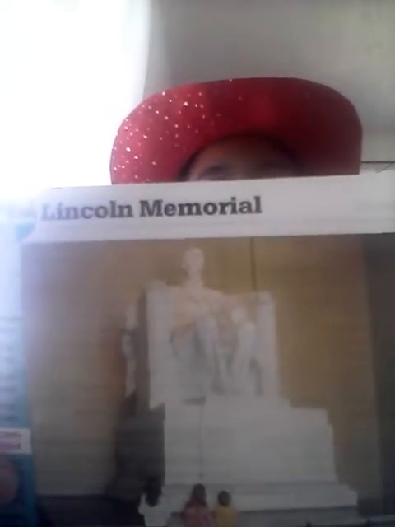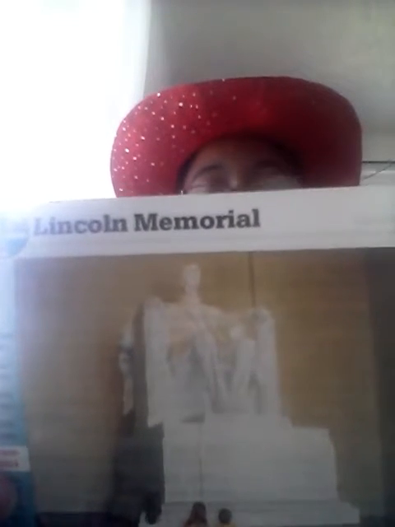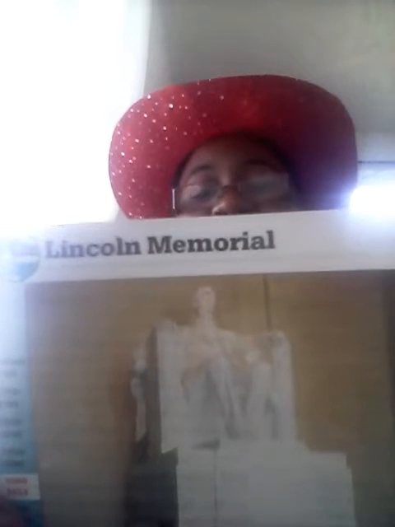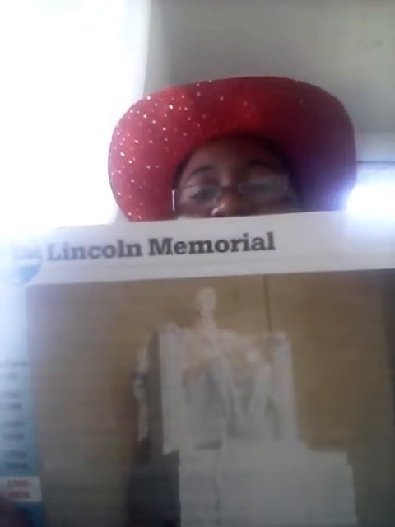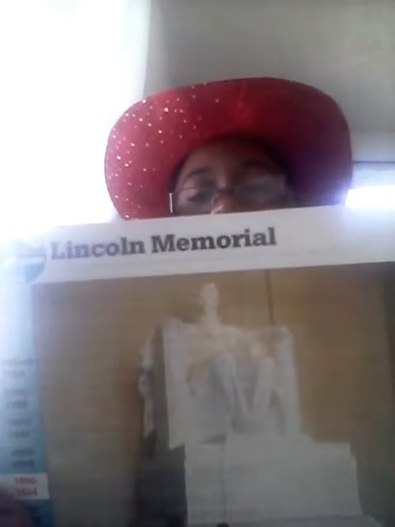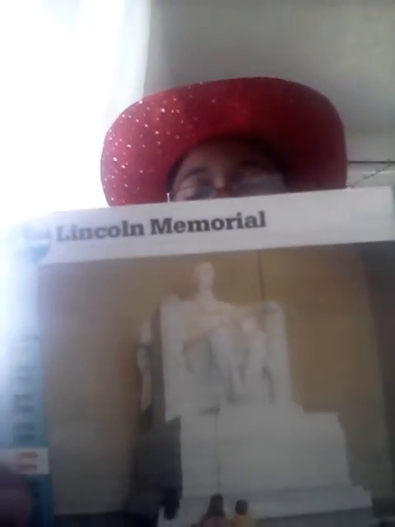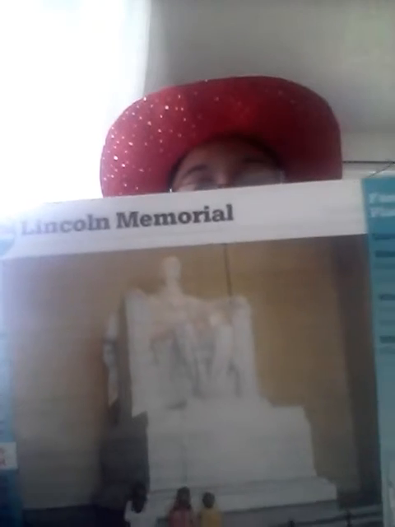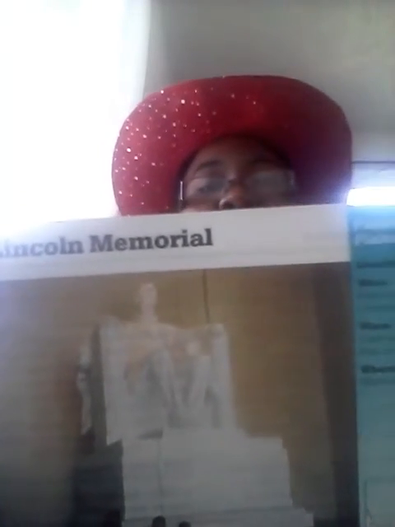Now, we were on the subject of Abraham Lincoln, and this is one of his memorials. And also, did you know in 1963, Martin Luther King Jr. delivered his famous I Have a Dream speech from the steps of the Lincoln Memorial to some 250,000 people gathered around the reflecting pool? So we know that between the Potomac River and the long reflecting pool in Washington, D.C., stands